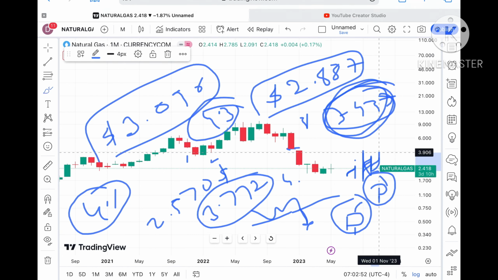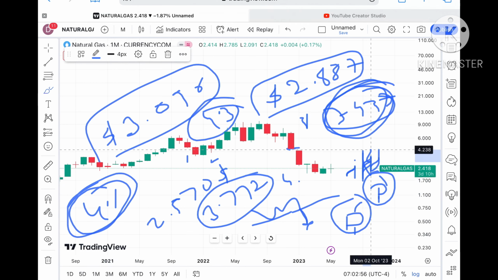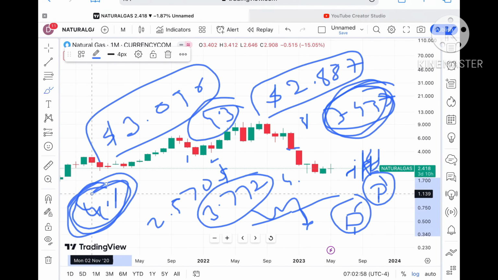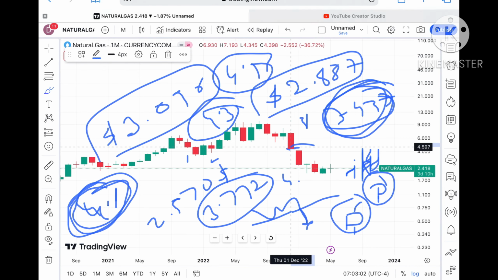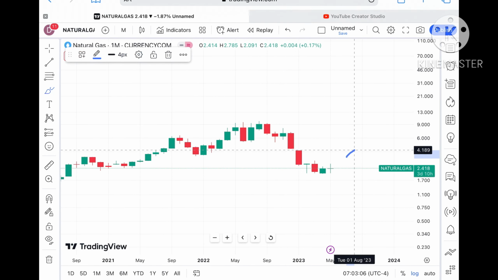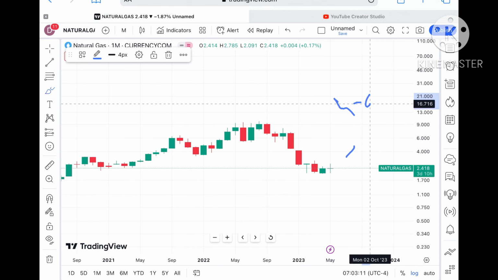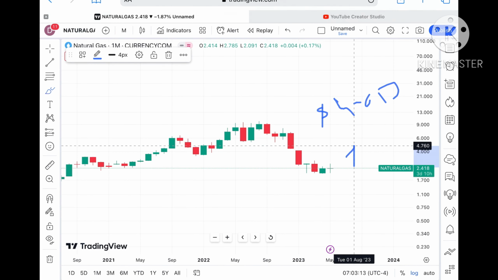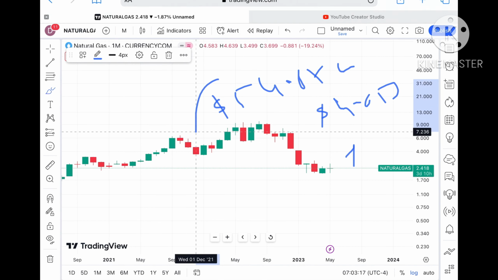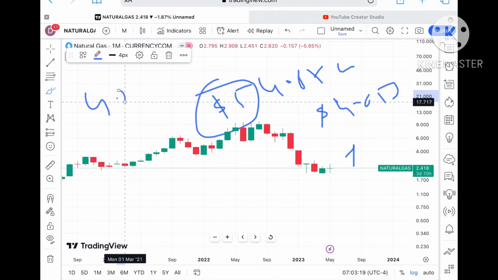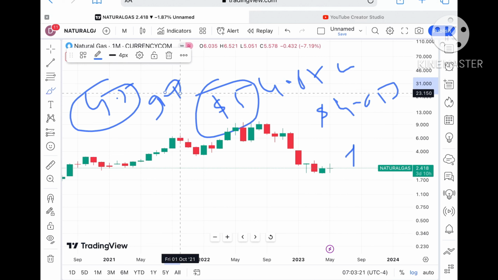So chances of going towards 3.90 will be there, and from there we can see it can touch a level of 4.1. Once it sustains above $4.1, then a probability of touching a level of 4.35 is there, because by gap theory it can go further upside. Okay, and the probability is very high. Once it sustains above this level, it can go towards a level of $4.651, and from there a probability of going towards 4.872 is there, and it can touch a level of $5. Keep that in mind. Once it starts moving above a level of 4.5, it can go further upside.